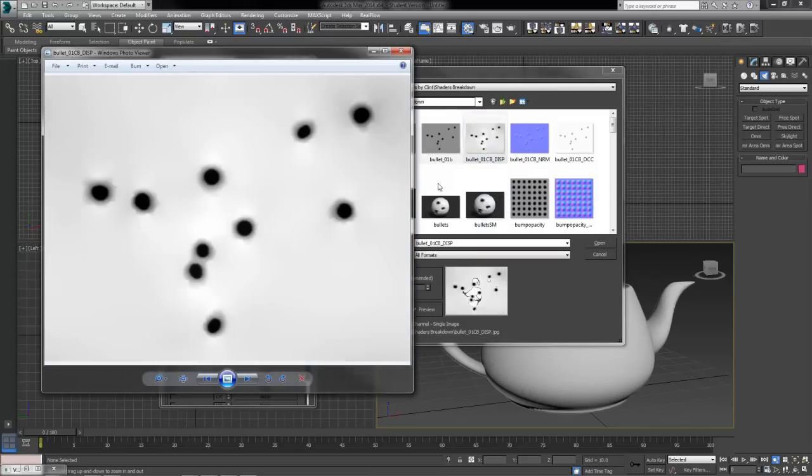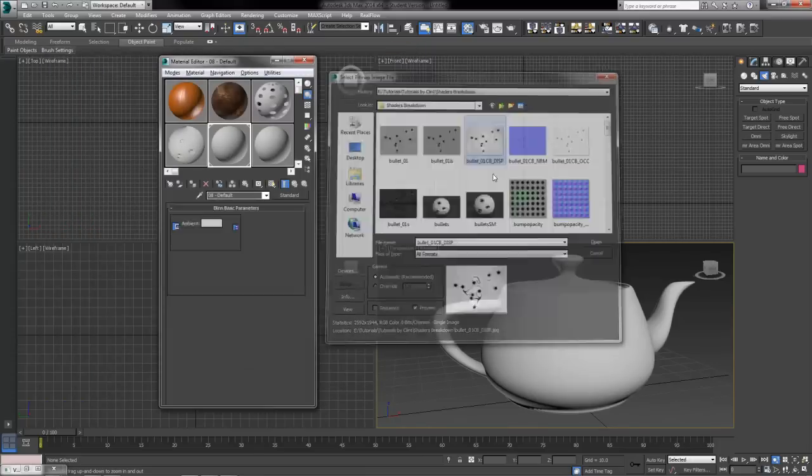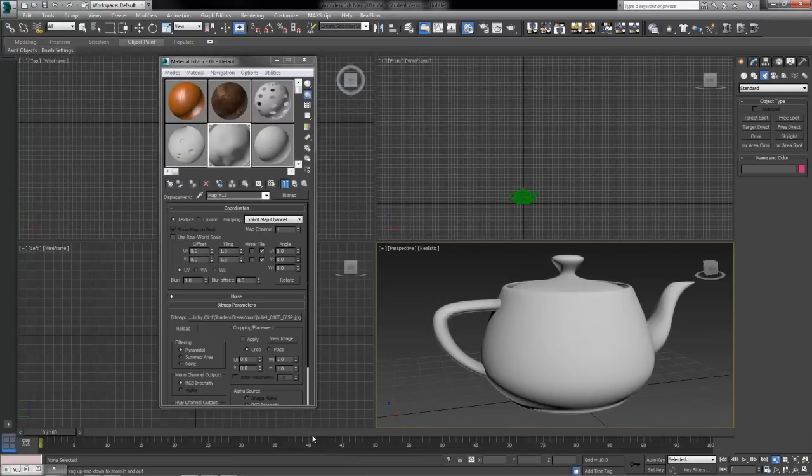Again, grayscale, a little bit different than our bump map because, like I said, it's going to have softer edges to some things so that it changes nicely. But lighter colors are going to extrude or pop out, and the darker colors are going to recede or back away from our view. If I go ahead and add that to our teapot,